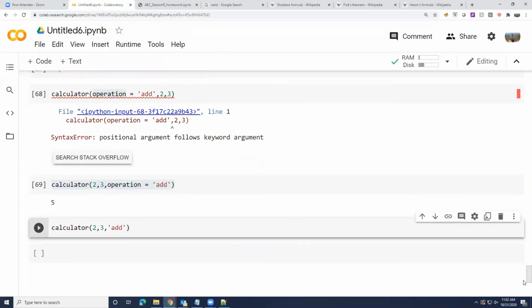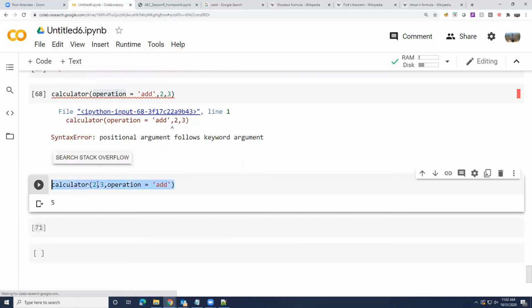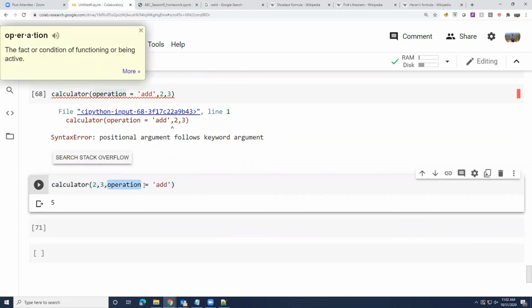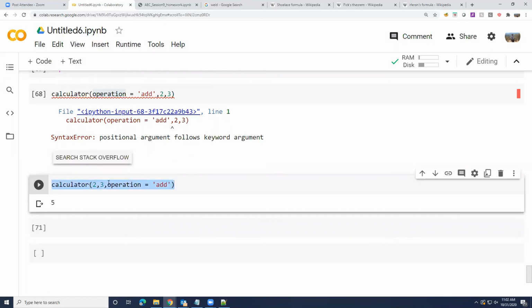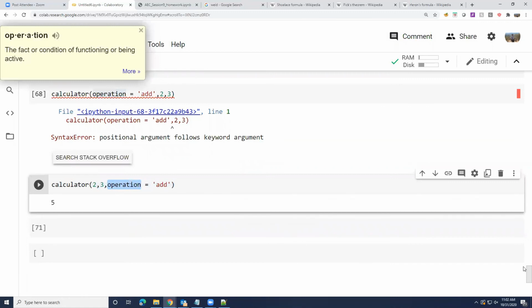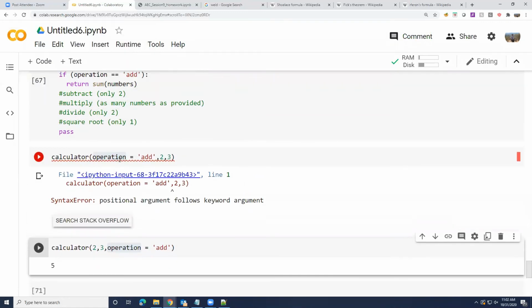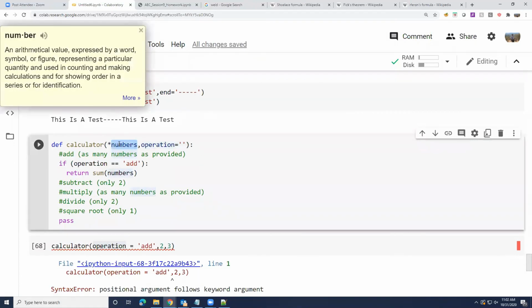So it didn't do anything because it's now stuffing all of this into the list of numbers. So there is only one way to call it now: 2, 3, operation equal to "and", unless you clearly tell it, okay, this is now going into the operation variable, it'll keep assuming it. Every input argument that you give keeps going into the numbers collection.